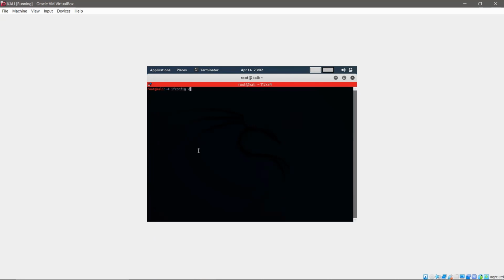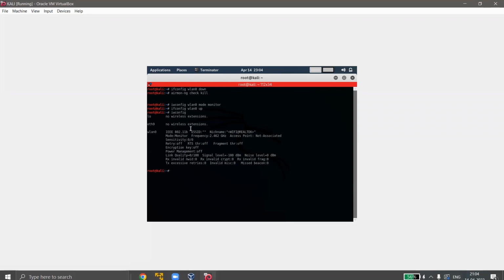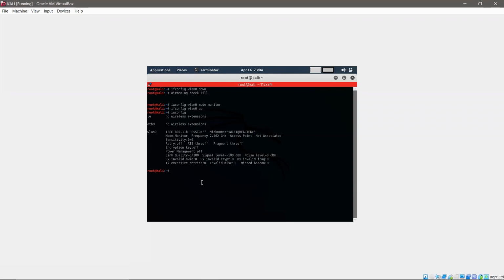ifconfig wlan0 down, airmon-ng check kill. So airmon-ng check kill will stop anyone from interfering with us, and iwconfig wlan0 mode monitor, and ifconfig wlan0 up. Here we have converted the mode to monitor. Now let us check whether it is done or not. iwconfig. As you can see, we have turned the mode to monitor